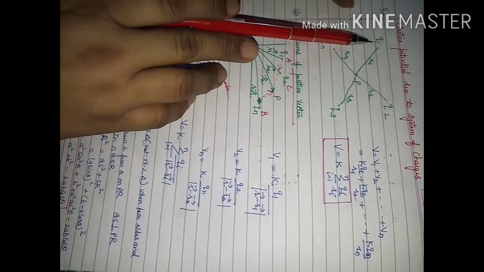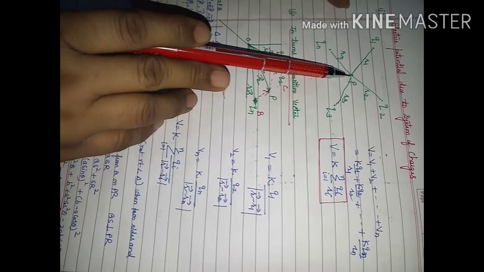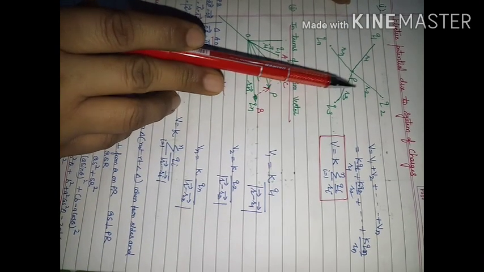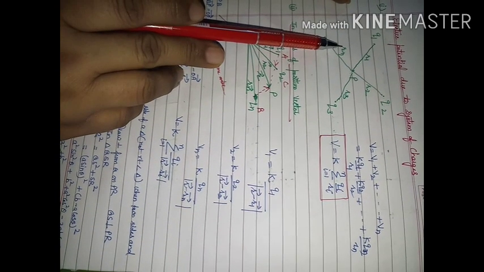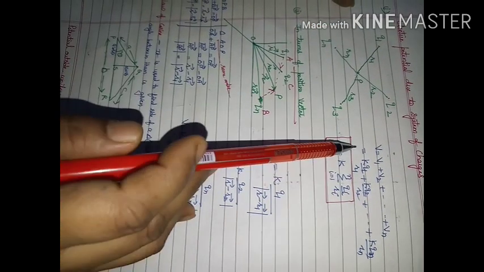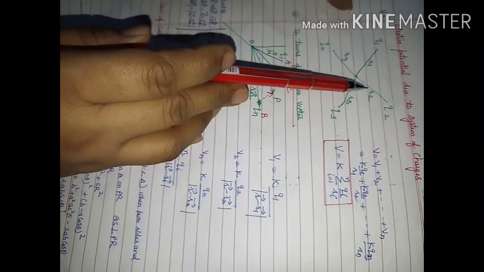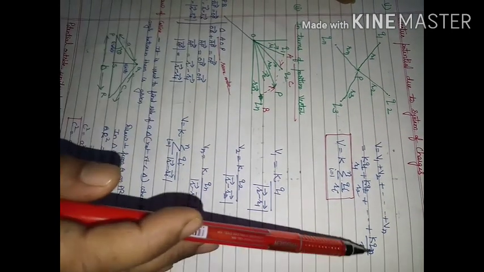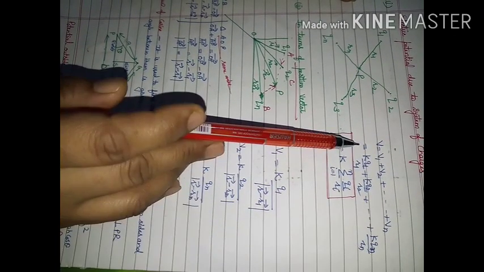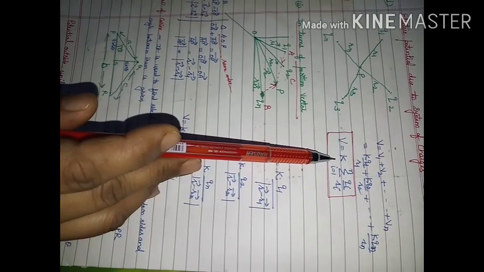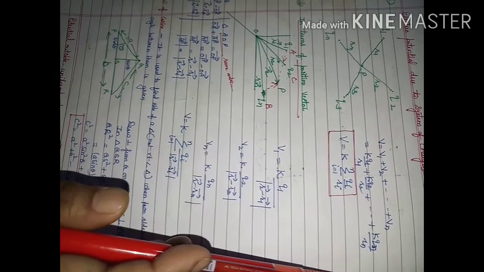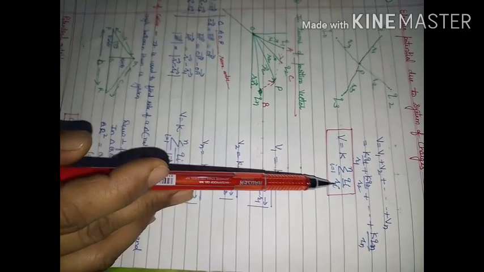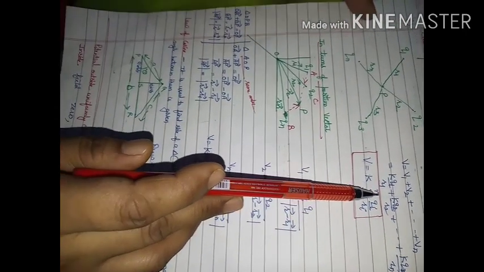So we have an assembly of charged particles: q1 at a distance of r1 from P, q2 at a distance of r2, q3 at a distance of r3, and qn at a distance of rn. Because of this, the potential will be kq1 upon r1, because of this kq2 upon r2, similarly because of the nth charge kqn upon rn. When we add them, k comes outside, and we replace 1, 2, 3, n by i. So we are left with k summation qi upon ri, where i varies from 1 to n.